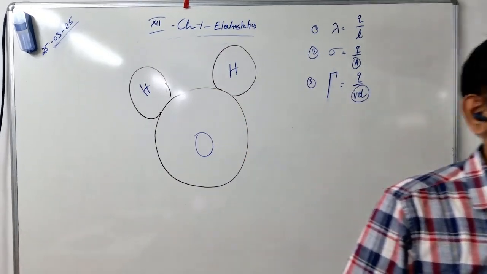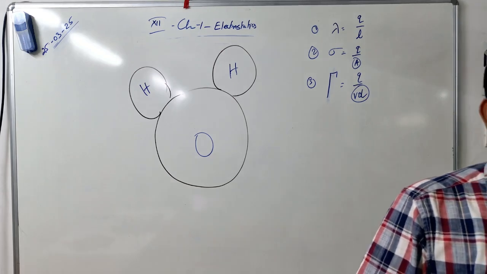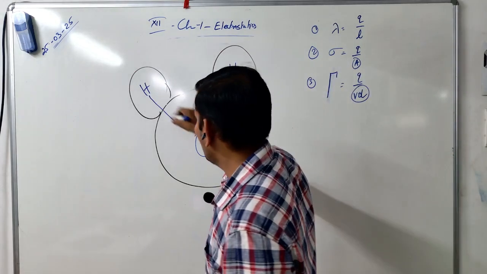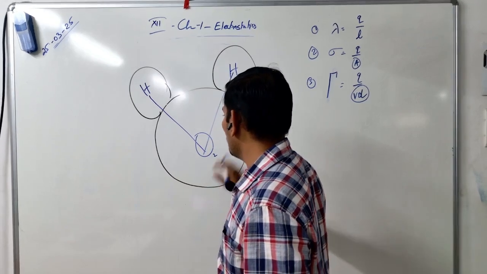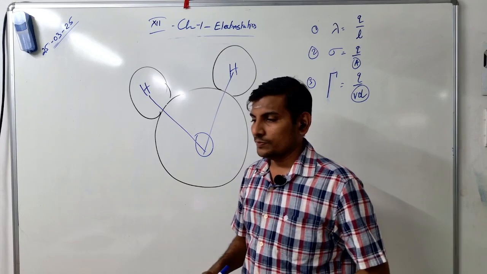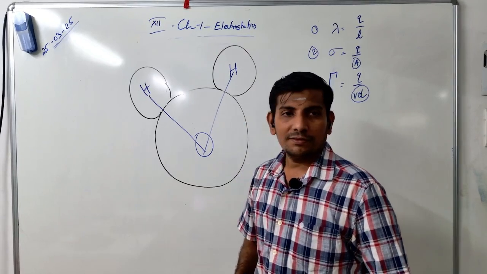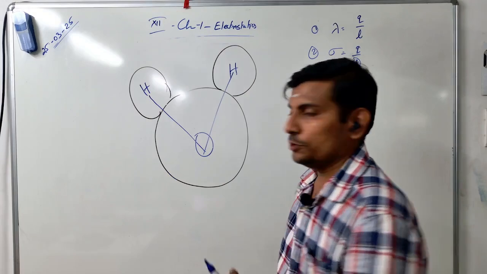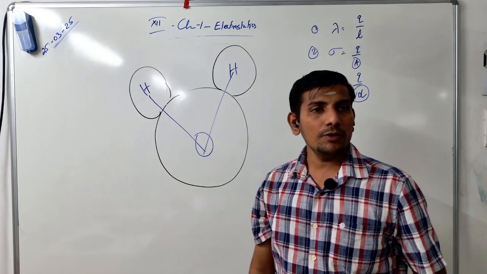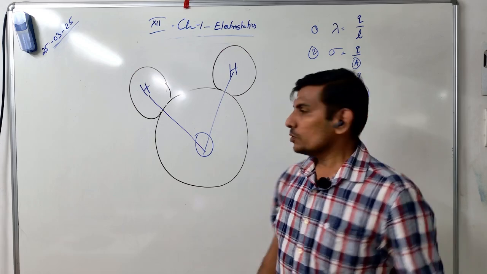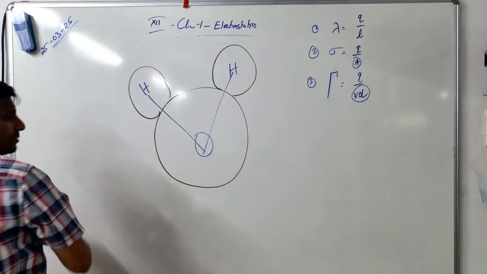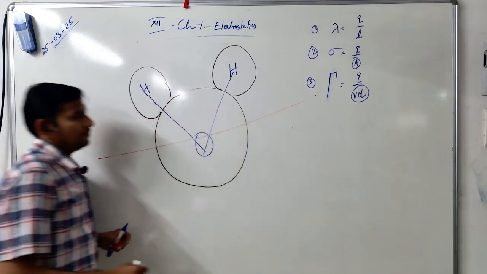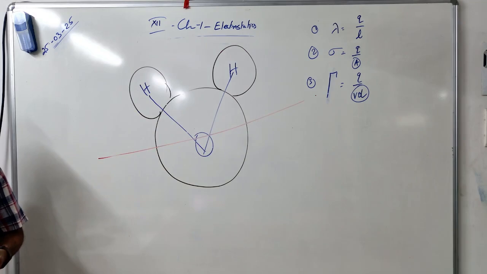H2O. We call it a water molecule. In H2O, the two hydrogen atoms are connected to one oxygen atom. Okay. Let's take a big sword and I'm going to cut this molecule into two pieces. I'm going to cut this molecule into what, sir? Two pieces. So let me cut this molecule this way. If I cut this molecule in this way and I observe,